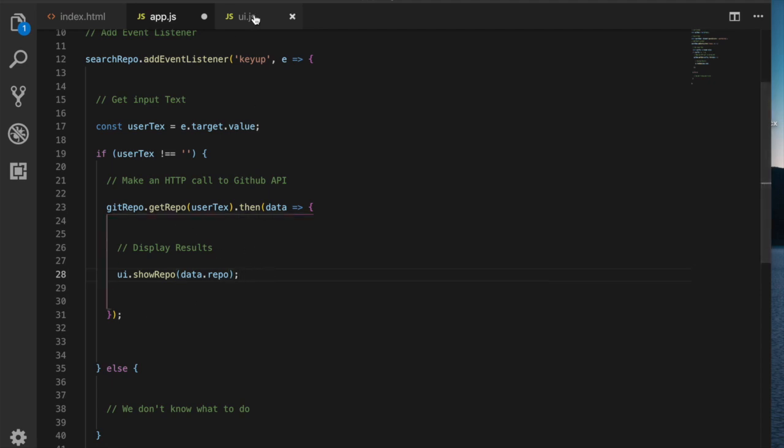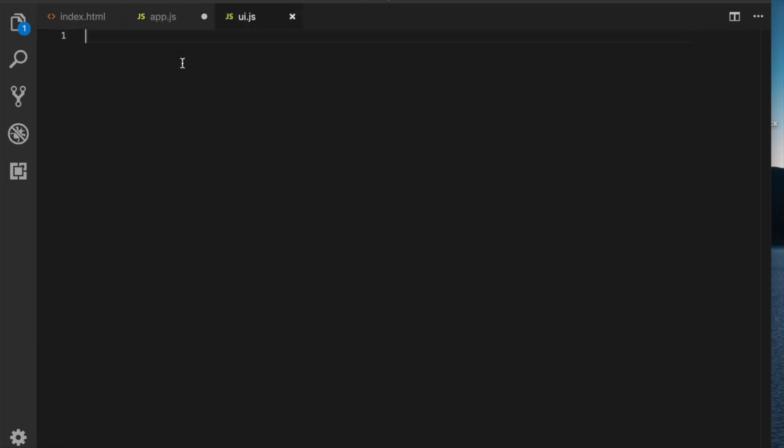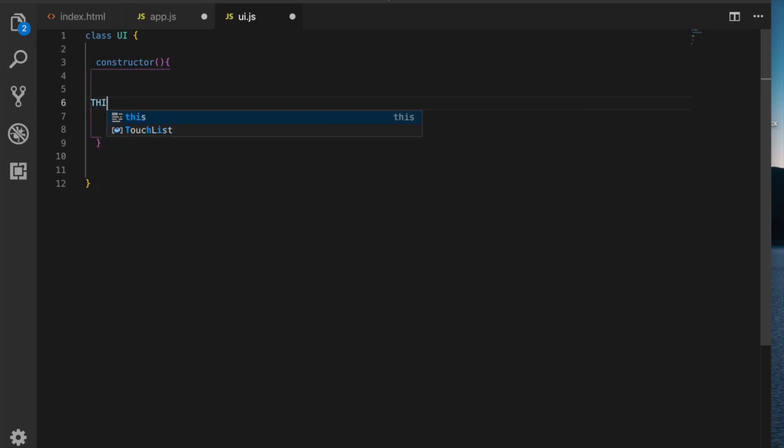And in our UI.js, we want to create a class. We're going to create a class of UI, and also we want to use a constructor here, an empty constructor. We want to target what we want to display. We use this to make sure it runs automatically whenever an instance of that class is called. So this.display repo,